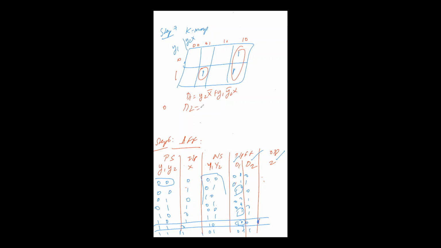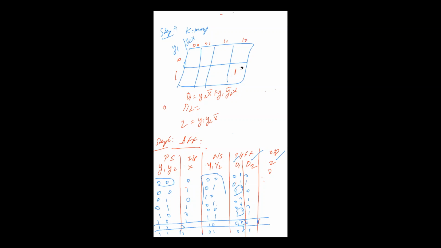So I will directly write down. You can do this K-map. For Z, if you will see, it is only present at 6. This will be the grouping. So Z will come out to be Y1 Y2 X bar. You can see Y1, this is Y2, and 0 means X bar. So this is what we have done for Z, the output.